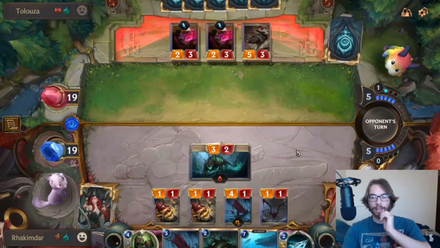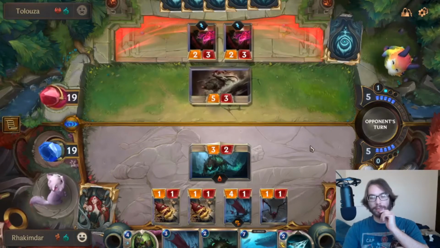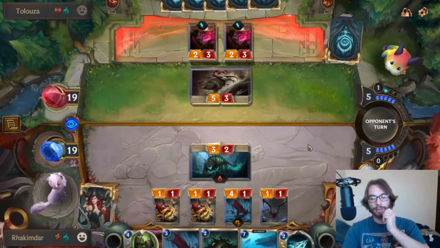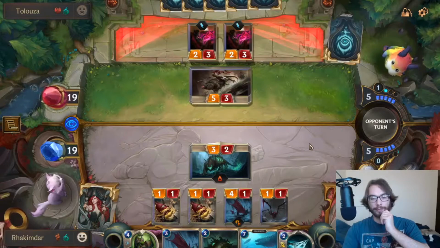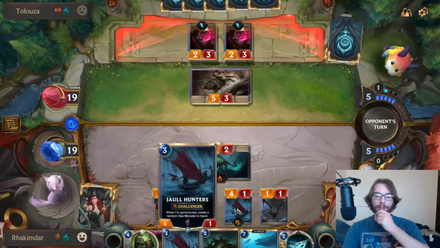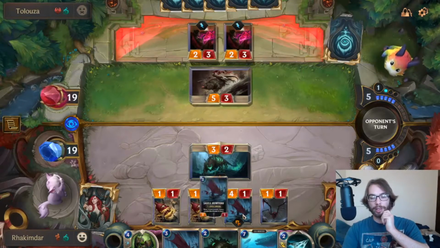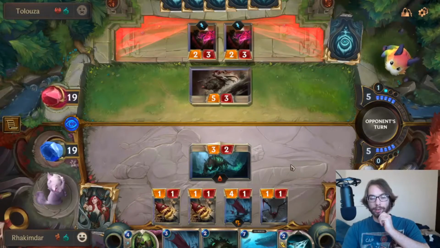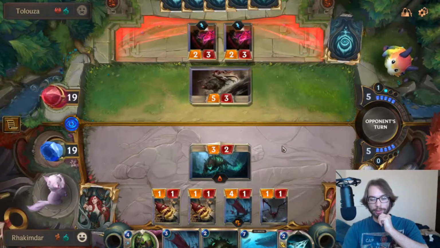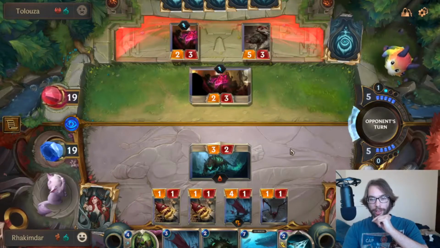Could go in for this attack. I didn't want to attack. That's probably bad. Yeah. Because the goal here is to not give him the opportunity to play stuff on my turn because we have Challenger. And we kind of messed that up. Let's see what you can do. Yeah, is he gonna actually...